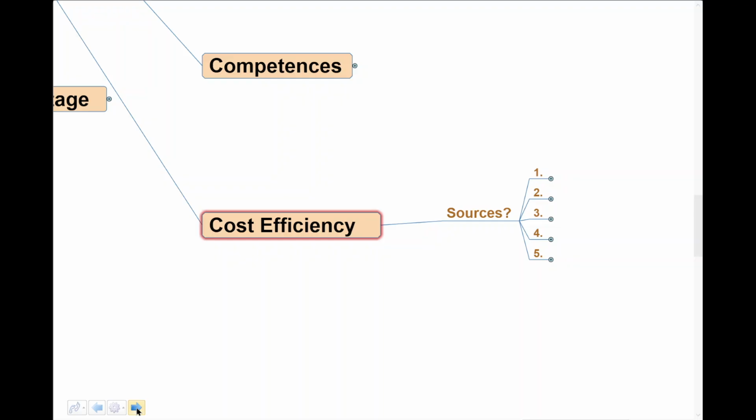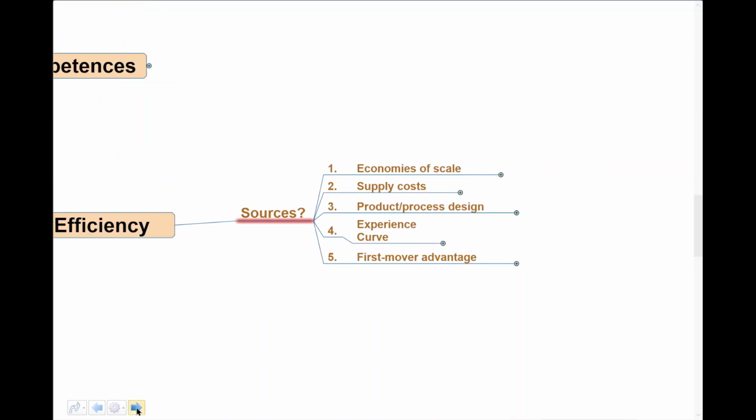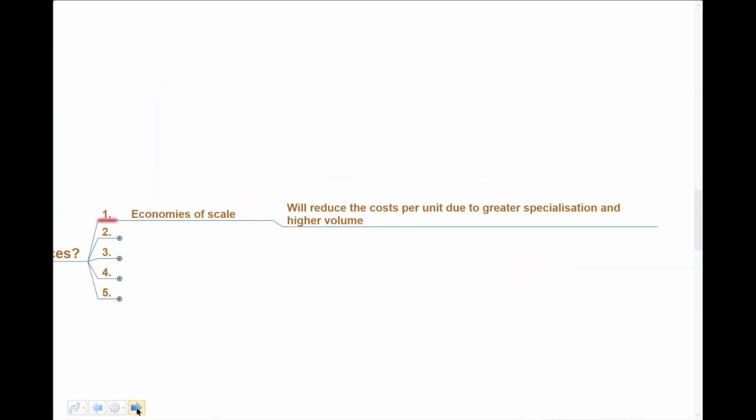Certainly costs are important, and indeed controlling and maintaining costs. Now, I'm not talking about price, remember, I'm talking about cost here. So let's talk a little bit about cost efficiency. This first phrase, and we see this throughout the SBL syllabus, economies of scale. So, for example, when we talk about the threat of new entrants to the market, or indeed barriers to entry, under the banner of Porter's Five Forces, which is used to assess the attractiveness and profitability of a given market or industry. We talk about economies of scale, don't we?